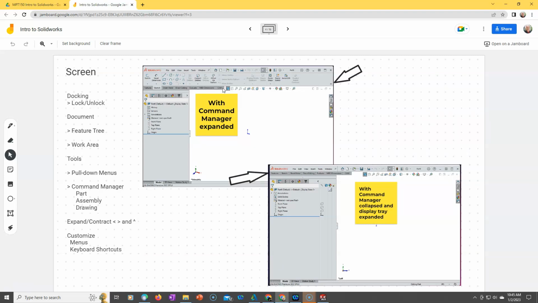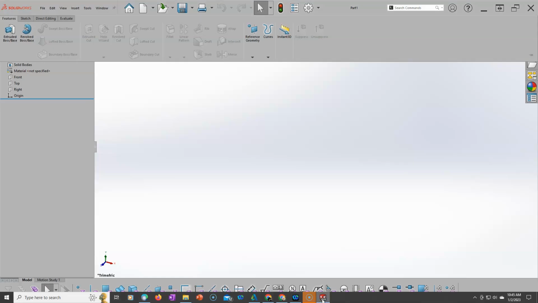All right, so showing the screens with the command manager expanded, with collapsed, and display tray. So when we dock those, the task pane can also dock and undock in that group. The feature tree sort of, but not really. Anyway, let's go back through the items. Feature tree, work area, the pull down menus, all of our command manager, and then expanding, and if we customize what we're looking at. So command manager is all the way across the top once we're in a document, and